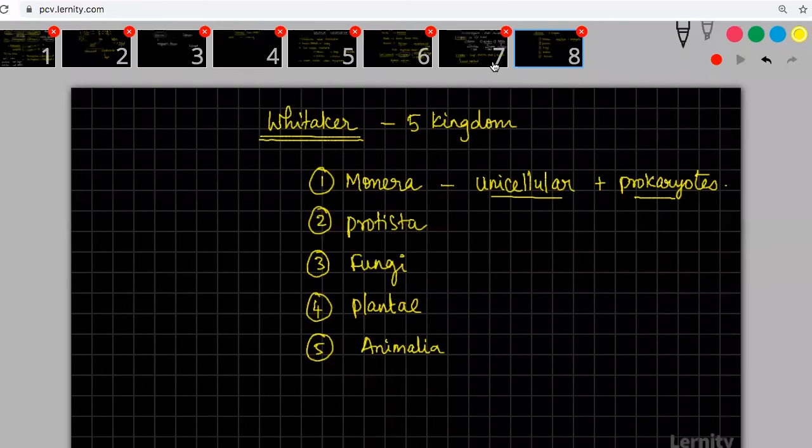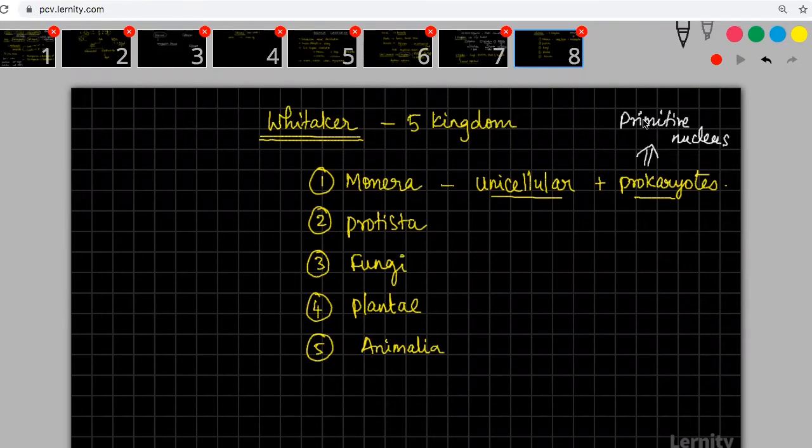You should memorize the scientific names of some organisms at least which are there in the CBSE textbooks. If you're not looking for NEET, I think you should know at least whatever is given in the CBSE textbook. So that is very essential. The word prokaryote here means that they have a primitive nucleus. I'll explain what is Monera.